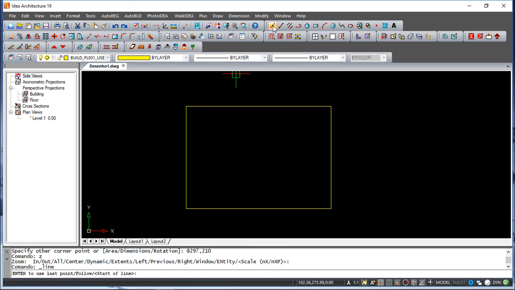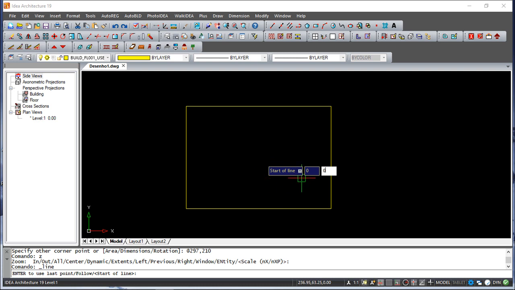Let us try to make something. So first line, and then we have the start of the line. We can pick a point, as you know, or we can specify a coordinate, and we can do this by specifying, relative to the origin, the distance in the x and following the y axis. So I will say 0, comma 0, comma